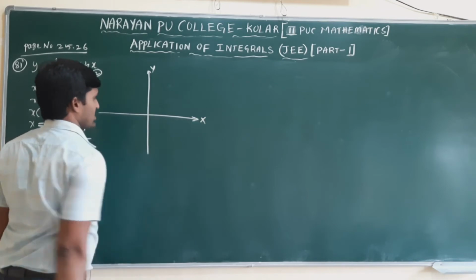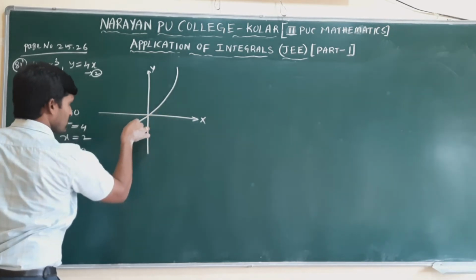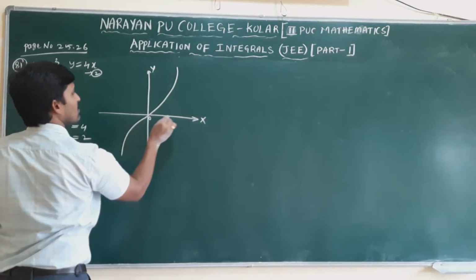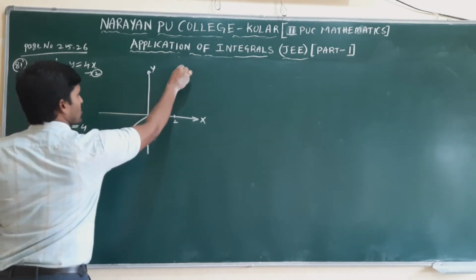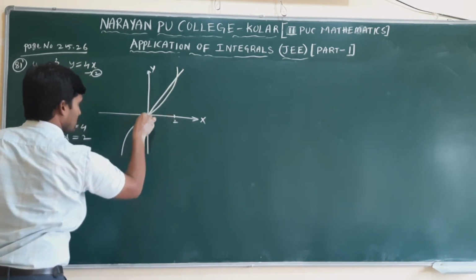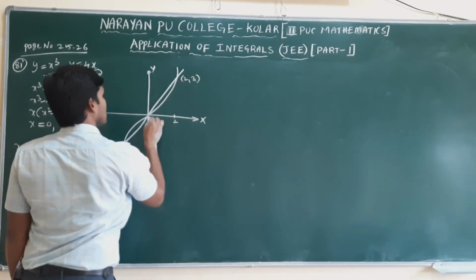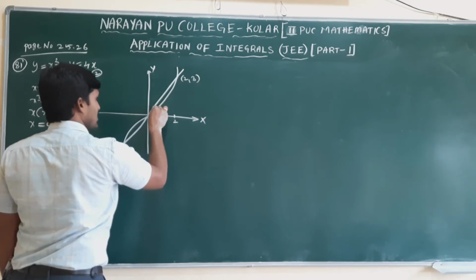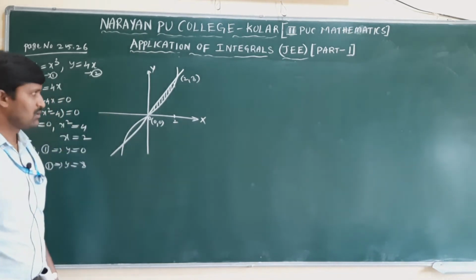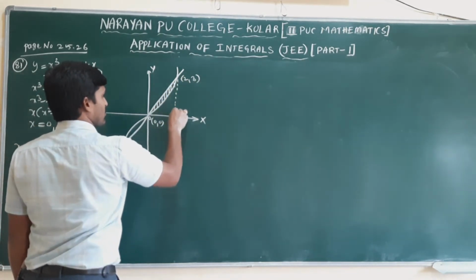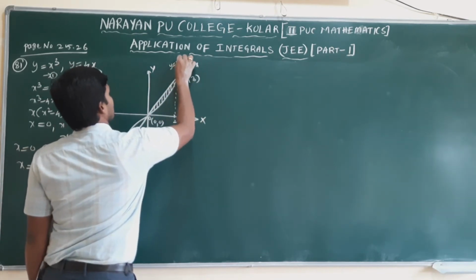Now, in yesterday's class we discussed the x cube graph. The graph of x cube will look like this. Now y is equal to mx, clearly passing through the origin. This is the point (2, 8). This is (0, 0). This is the region we need, only in the first quadrant they are asking. That's why no need to find this other region. This region is from where to where? From 0 to 2. Upper is a line. Lower is a curve. Simple.